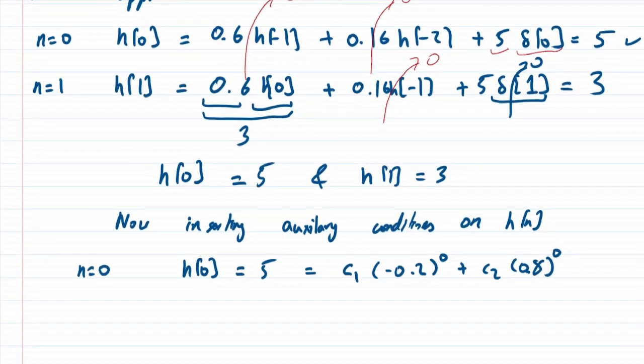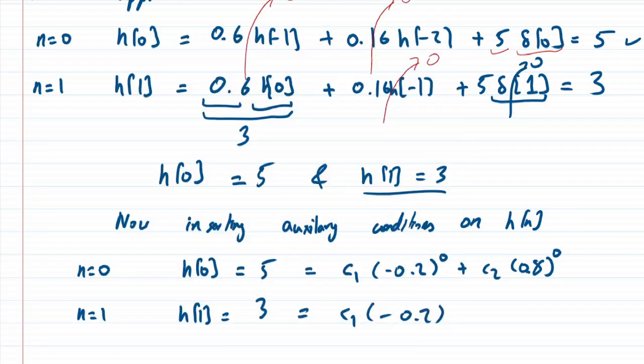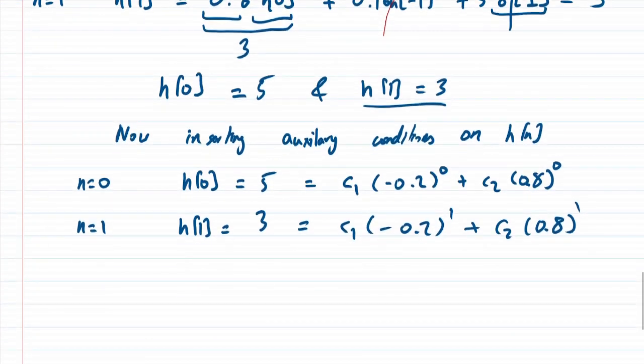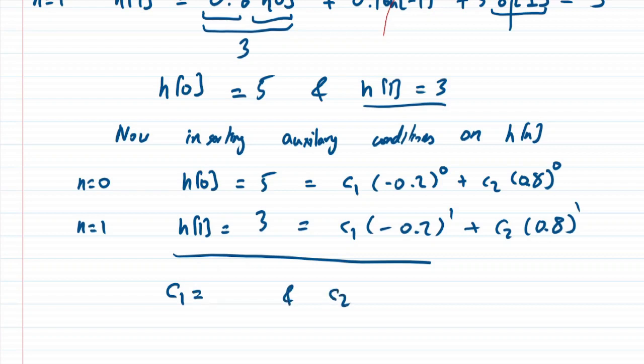Whereas when n is equal to 1, h of 1 is 3, and again we have C1 times minus 0.2 power 1 plus C2 times 0.8 power 1. So from these two we can find C1 and C2, and precisely they would be simply 1 and 4,